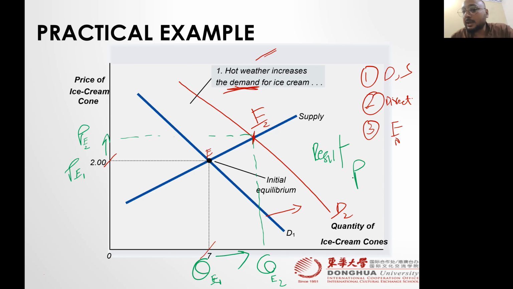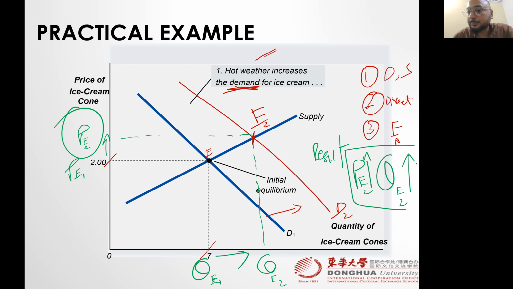If I write only P, it means equilibrium price. The new equilibrium price increases, and quantity also increases. Due to this event, what happened in the market? Price increases and equilibrium quantity also increases. Because of this demand curve, the price increase causes suppliers to produce